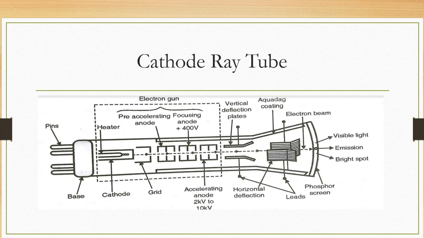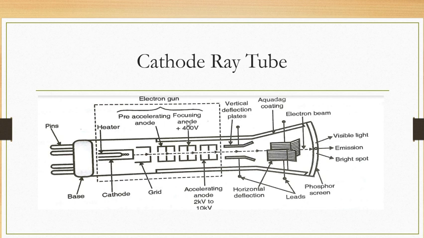Electrons are negative charge carriers. Okay, so that's why these anodes are used for accelerating and cathodes are emitting electrons. Okay, and I think you have studied in semiconductor diodes anode, cathode, electrons, then holes and their polarities. Okay, so if you are good in basics, then this will be very easy to understand. Now the velocity of such an electron beam which is emitted by this cathode is very high, and when such a high velocity beam strikes the screen, a spot is created on the screen. Okay, so this is the working of an electron gun.